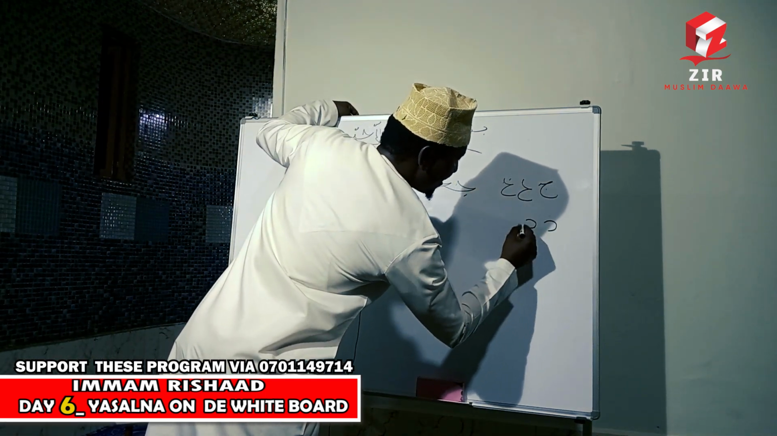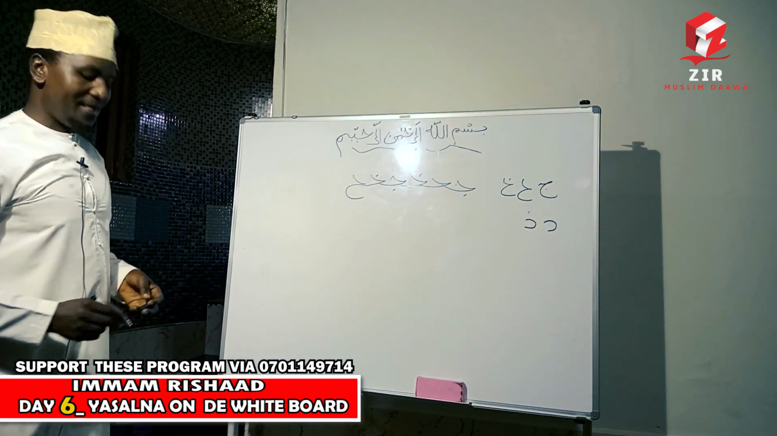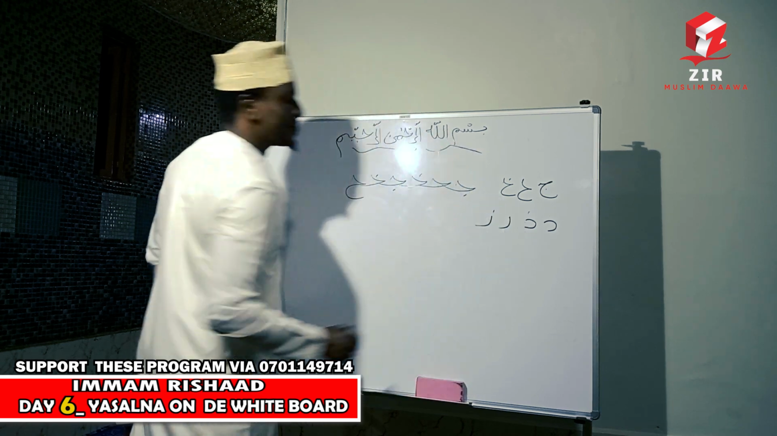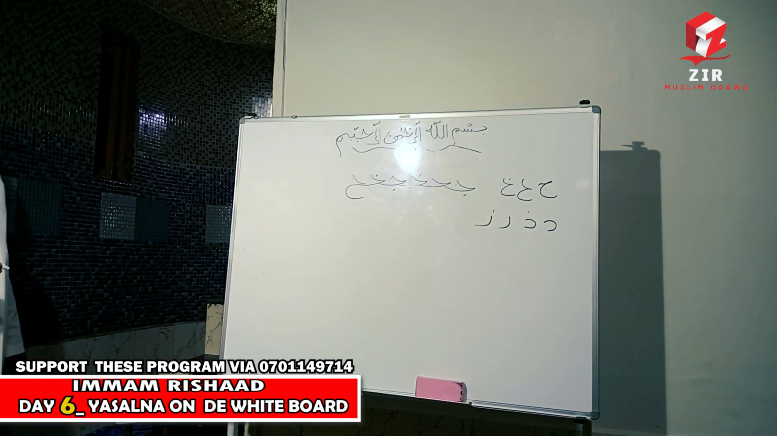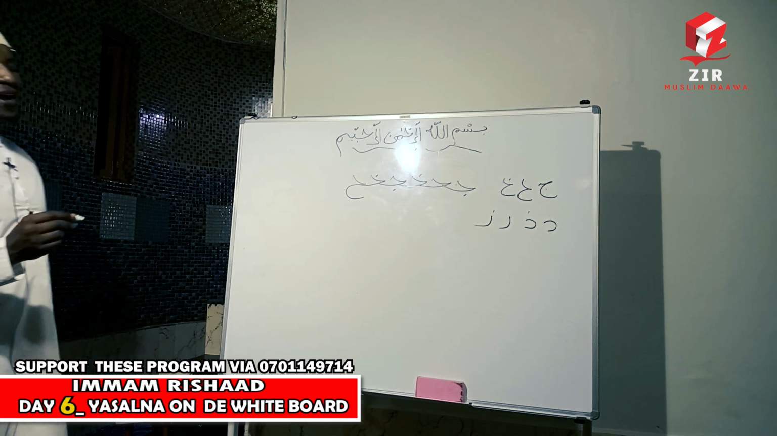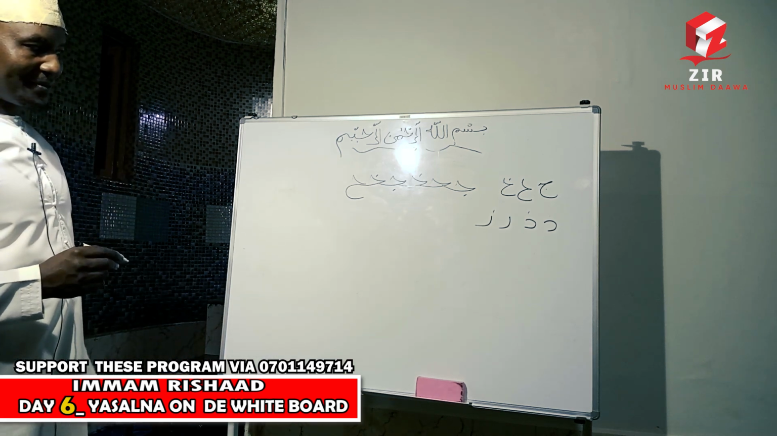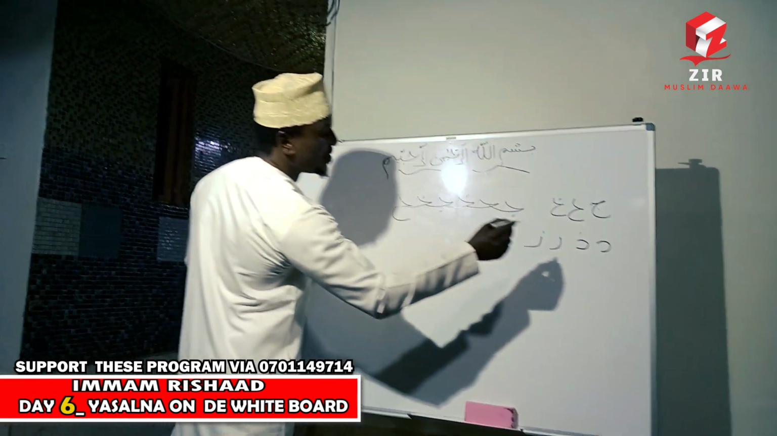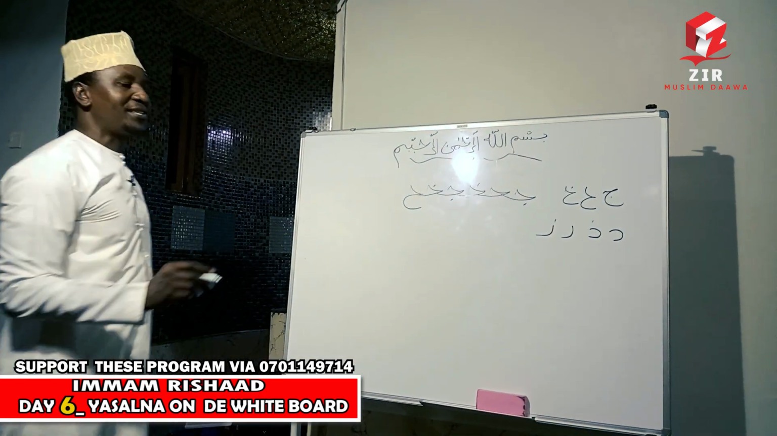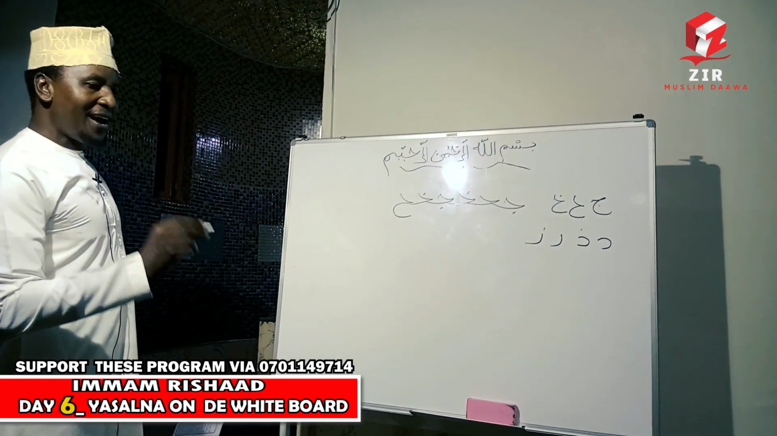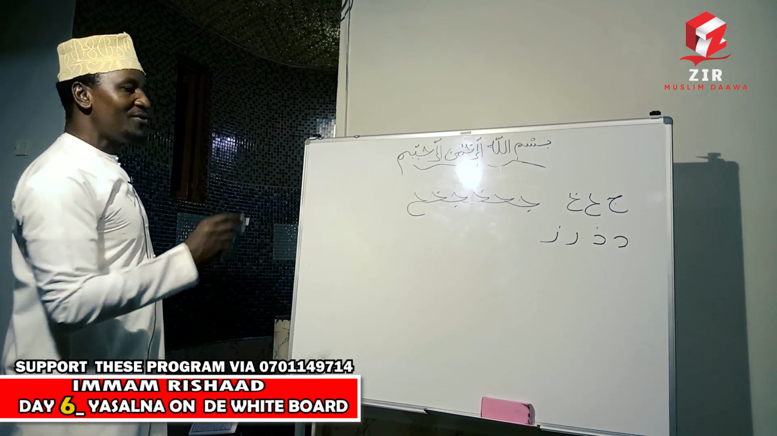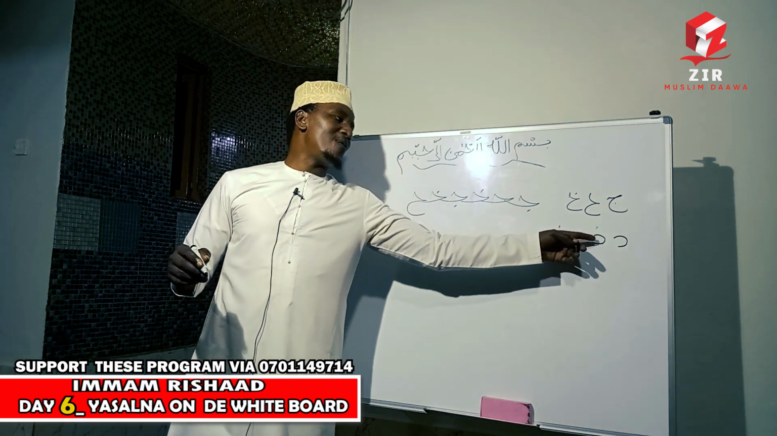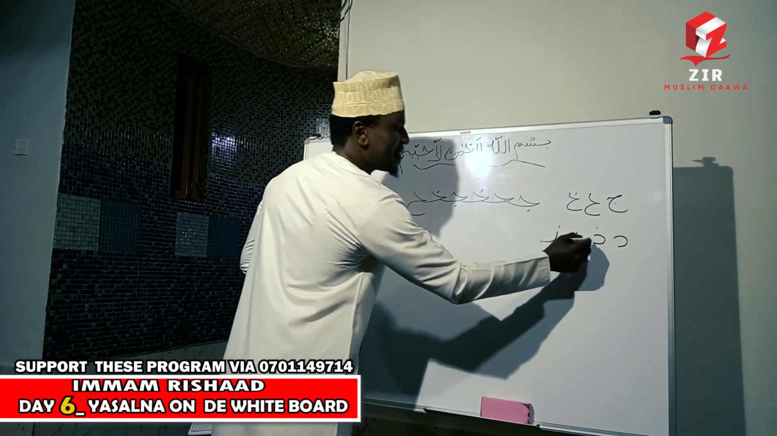Dal and Dal. Then Ra'u and Zal. You may think that they are the same, but they are different. If it is to start a letter, Dal will be like this. It doesn't change. Dal, Dal, Ra'u, Zal. These are among the letters that don't allow any letter to be joined on them in